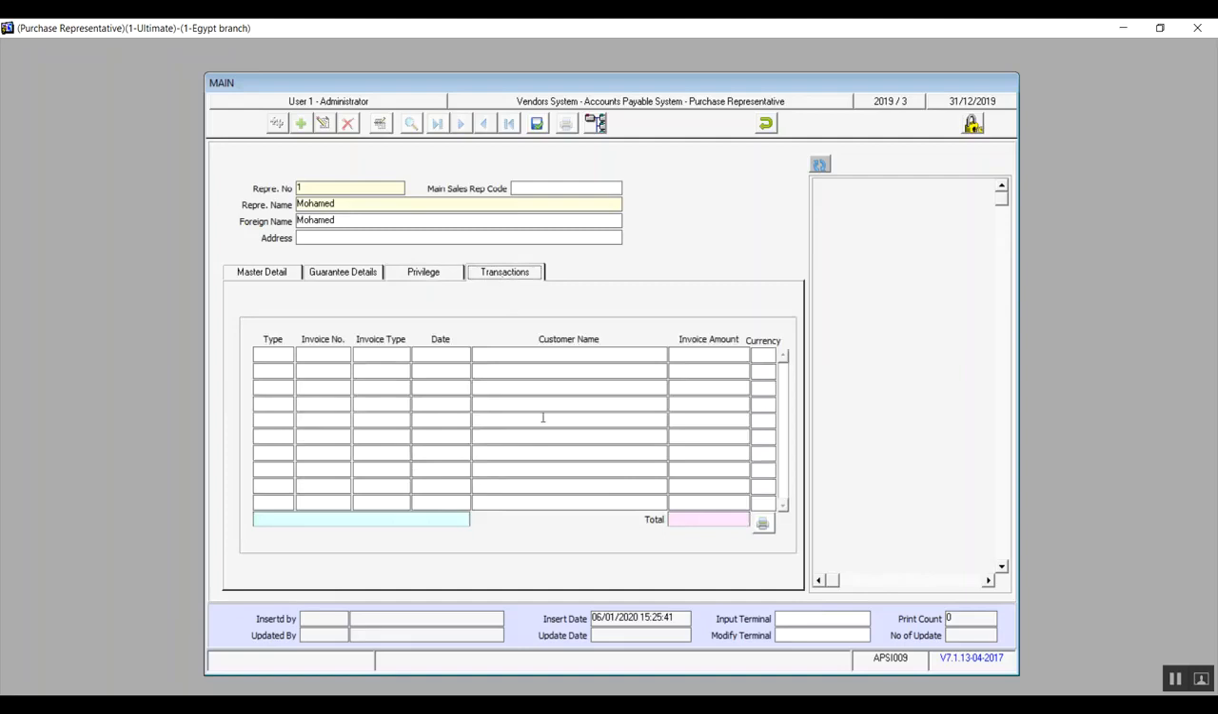Transactions is just statistics, which will show you a summary for this representative's work, like the purchase invoices he used, the amount of the invoices, and related information. That is everything for this